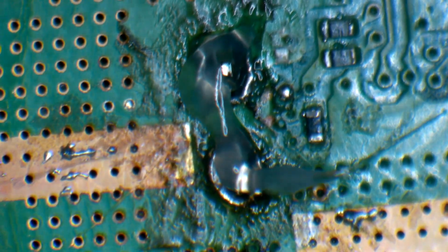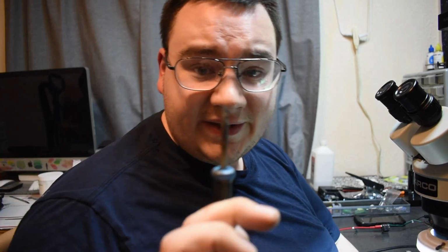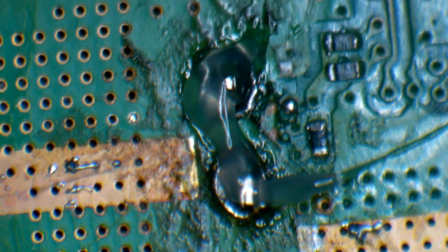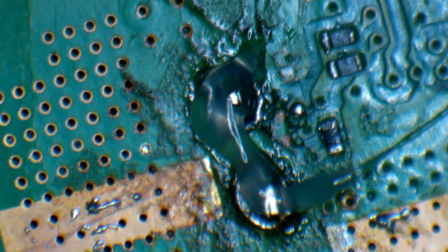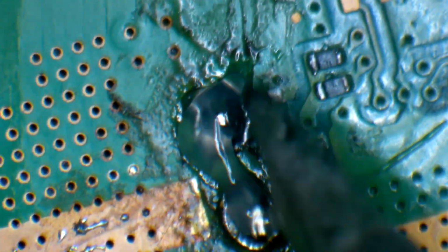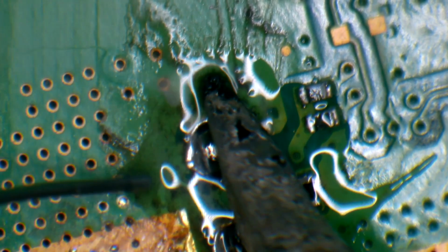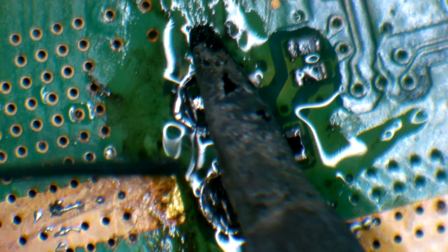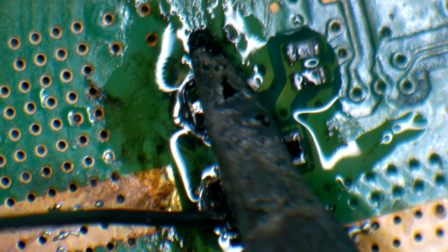Now my favorite, absolute favorite tip to use is the knife blade. It looks like this. I don't know if you can see if it's in focus, but it looks like a knife blade. But you will see it here on camera in a second. It is my 100% favorite tip to use for doing ground anchors on HDMI connectors, whether it is a PS4 or Xbox One. Now, the thing I like to do is put the tip right up to these legs and let it get hot for a second,